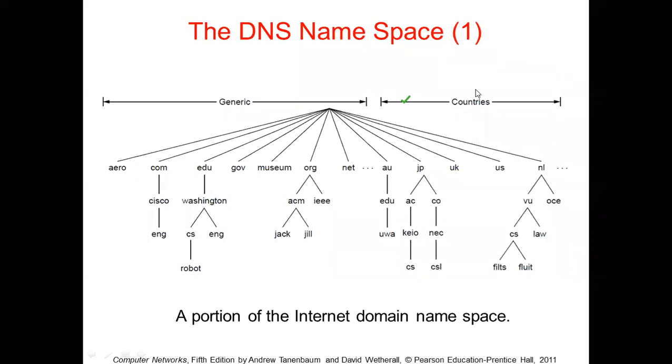Now what you all can see here is the domain namespace. The whole of the internet that we have is divided into a number of domains. There are about 250 top level domains, where each domain can cover many hosts. Host means servers. Every domain in general is divided into subdomains.